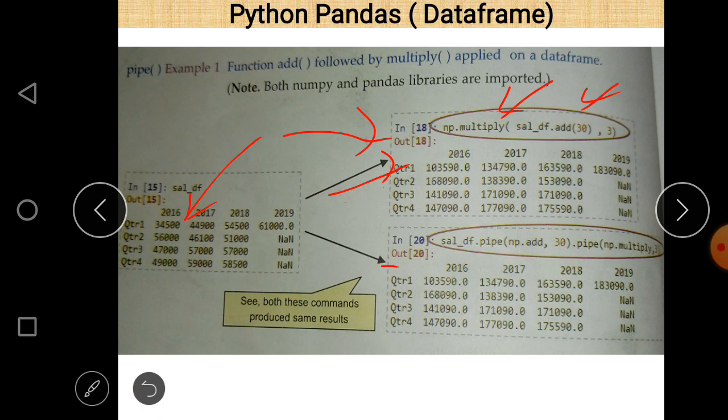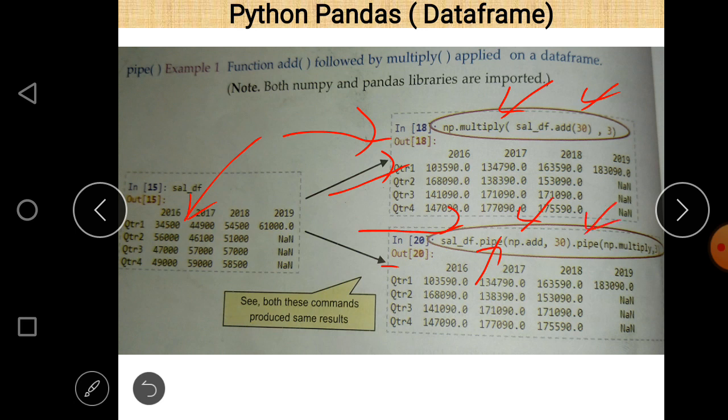The important point is, when the pipe function plays a role, the syntax looks like this. It means that first of all the first function is pipe. In pipe we write np.add, where np is the alternative name of numpy, then 30, and then .pipe again.